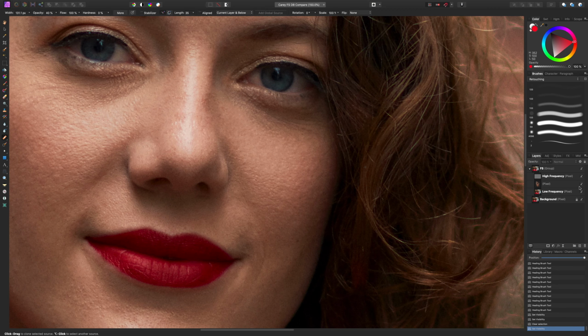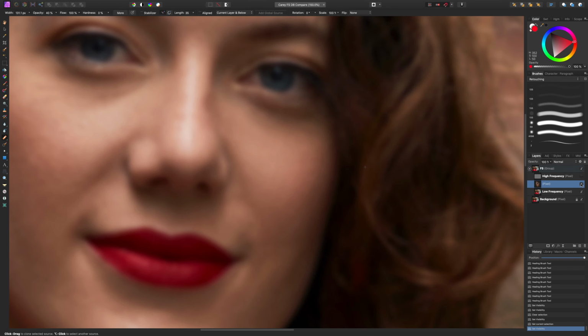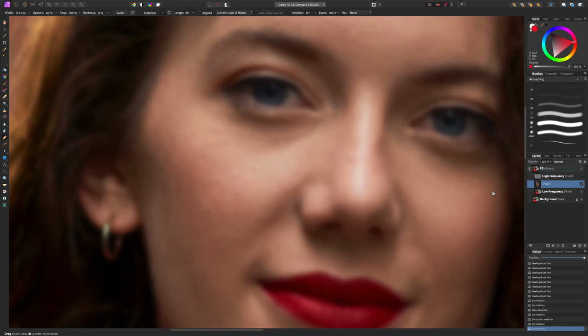And I think I had mentioned that one thing I like about frequency separation is just how fast it is. So let me show you again. If I turn it back on, let's go over here, let's tackle this cheek. If I just come out here really fast and be really aggressive, I can really smooth out a lot of that bumpiness on this cheek pretty quick, a lot faster than it would be if I was doing the